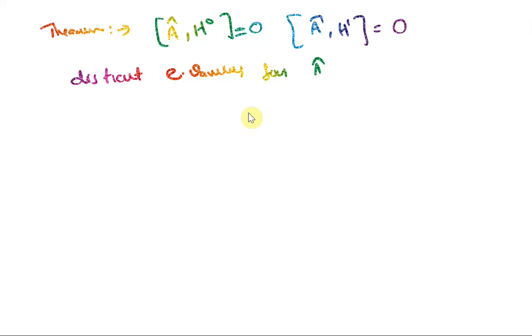So different eigenvalues for A cap correspond to a set of states. If you know any such operator with eigenvalues which are not the same, then